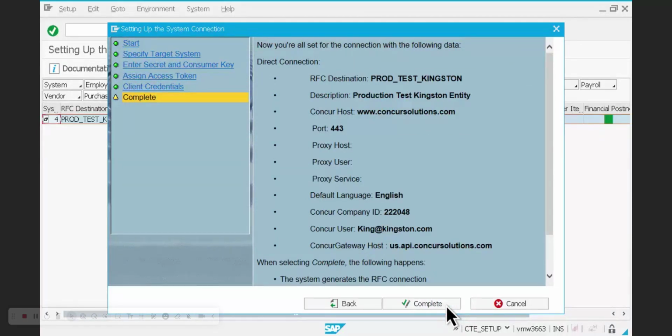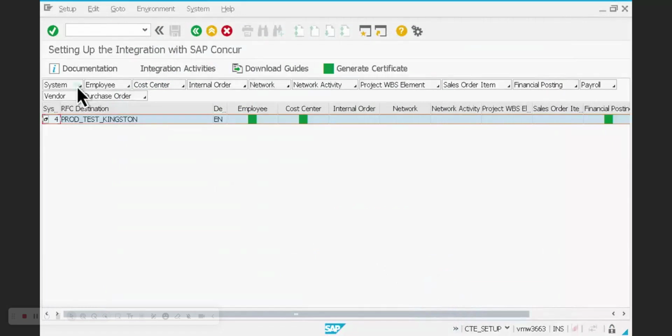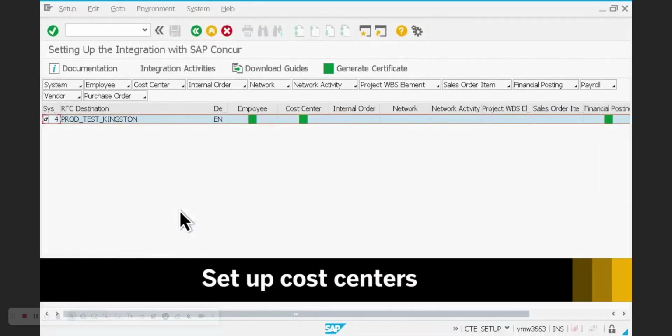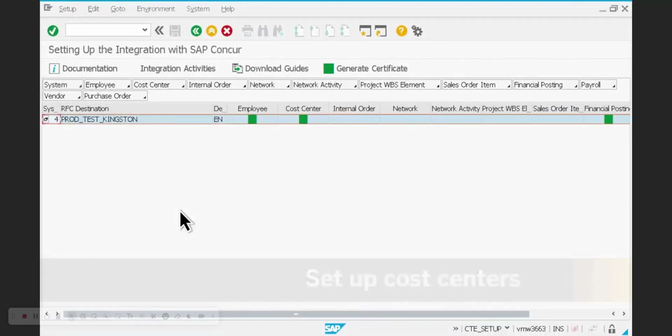You can also enable single sign-on. At any time, you're able to check a connection. With just a click, the system will call every web service used in the process and verify that each API is up and running. For faster processing of expenses for faster payments, wizards are available to guide you through the